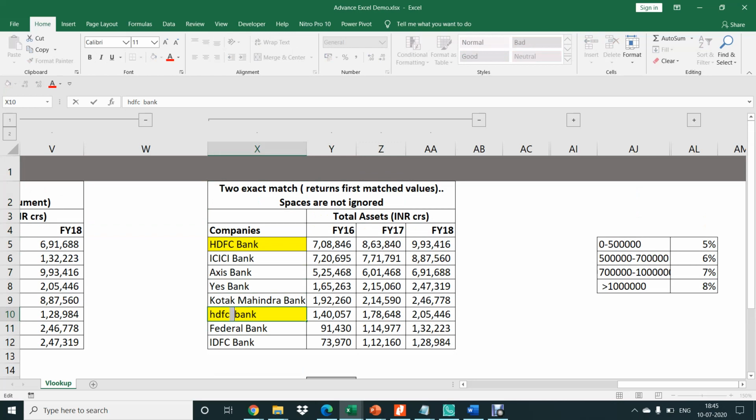So when you have two spaces, these two things will be treated as separate items. Why? Because I have told you space is counted as a character and each character is counted as a value.